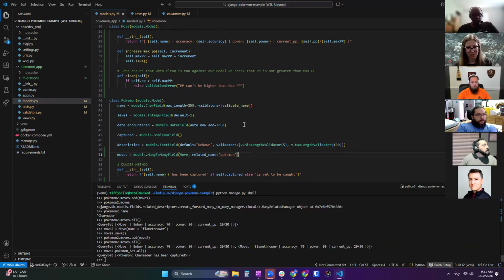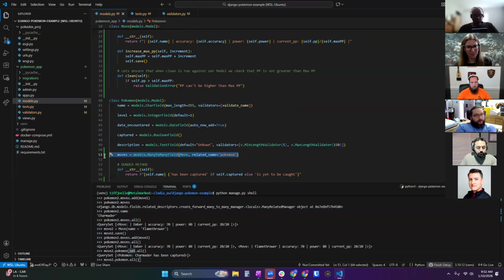Now I changed the model, right? I changed a field within the model, so I have to migrate in order for this to work. In order to save time, I'm not going to do that right now, but having that related name, you would be able to do move to dot Pokemon dot all. You could drop the set because now it's using this name to do kind of the reverse query. Does that make sense? The difference between the two queries here, between the two models in this many-to-many relationship?